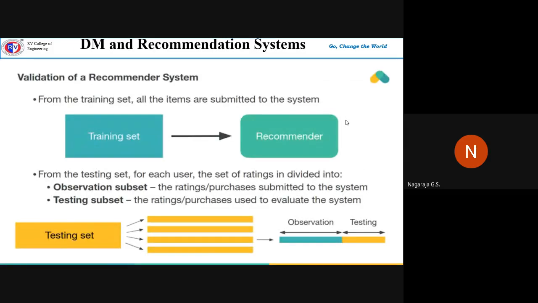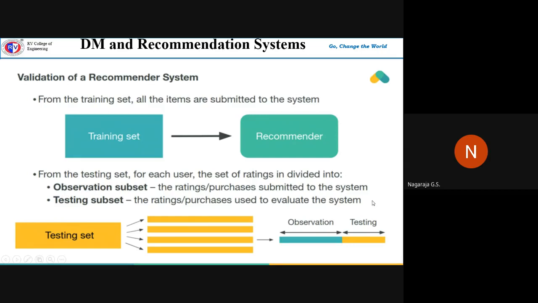During the process, you can also look for the validation of a recommendation system. You can do that with the help of a training data set. All the items are going to be submitted to the system, so that's going to become a training set, and there'll be a recommender. Then from the testing set, for each user, the set of ratings is divided into an observation subset, that is the ratings or purchases submitted to the system, or a testing subset, the ratings or purchases used to